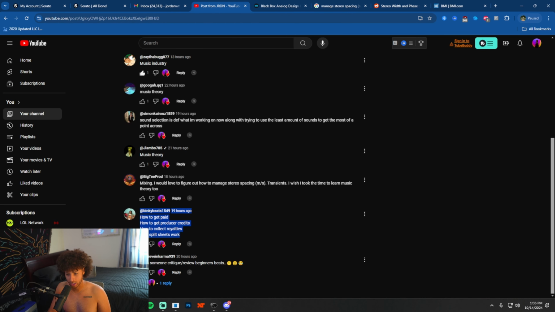But yeah. How split sheets work. See, that's tough, man. I'm not gonna lie, because I think it gets a little complicated. I'm not sure about all the numbers, and I don't want to lie to you. There's a lot of variables that matter, like how many people are on a track, how much this person wants versus how much that person wants. Because you got to think about it, I'm pretty sure 50% of it goes to the artist or something like that. So then everybody else who worked on it gets a split.